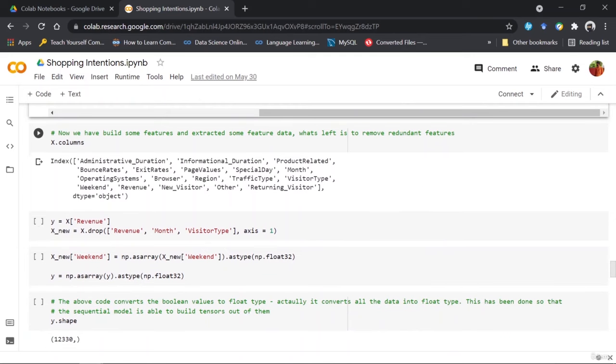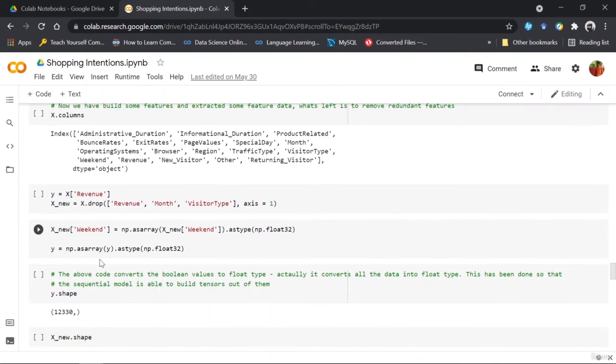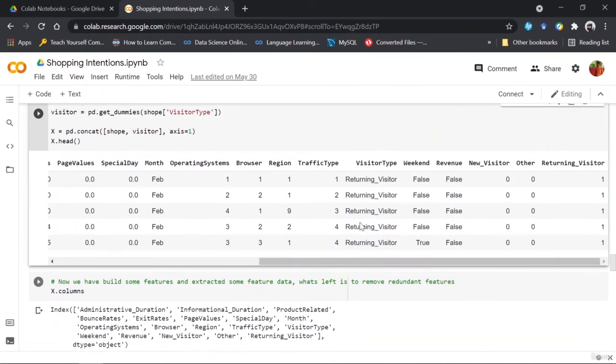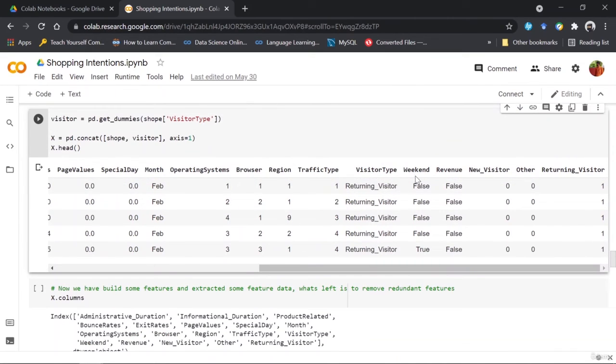Now I'm going forward and segregating the target variable from my data set, which is input as y. And now you can see that in the data set, the weekend and revenue both are considered as false or true. Only two values determined by false and true.